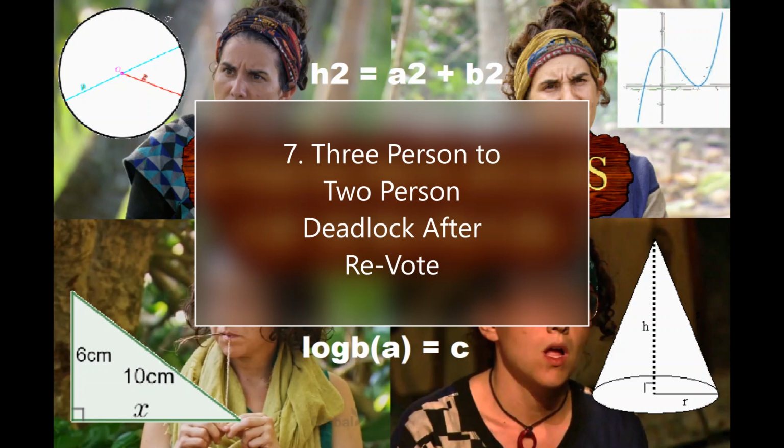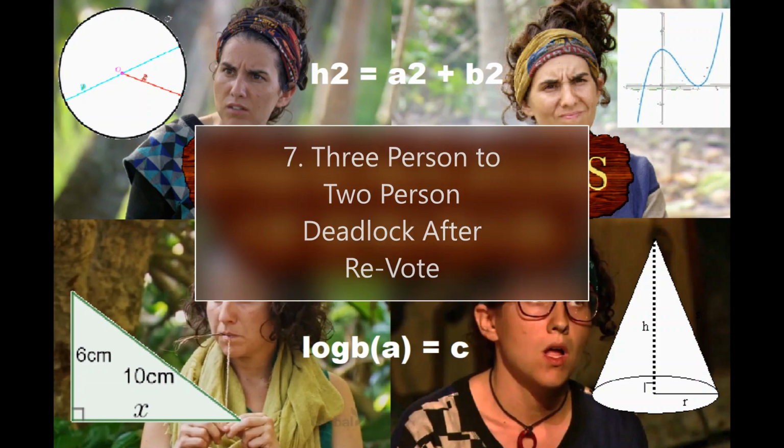I would expect after the second deadlock it would be the same as all other deadlocks we've seen to date, going to the tribe having to make a unanimous decision or rocks will be drawn. But as we are yet to see this situation occur, again I can't say this with 100% confidence.